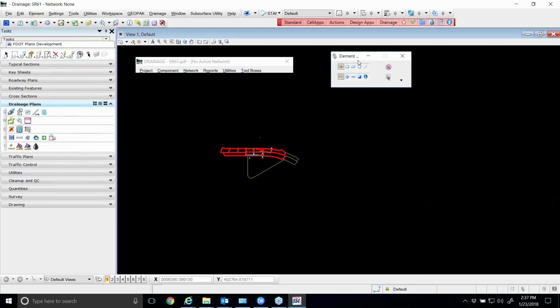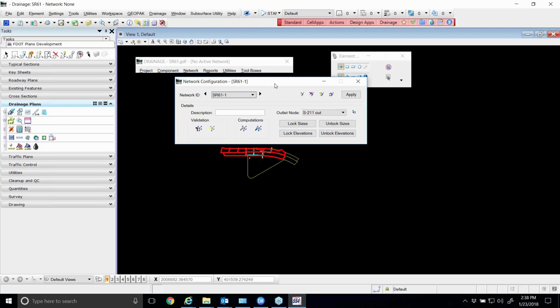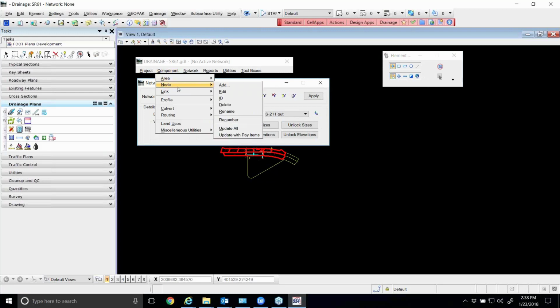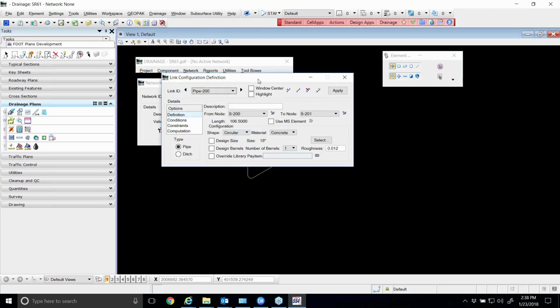All right, so we built our network. We can highlight the network. Sorry, back to this network dialog here. And then the other two buttons, they're described here on the top of 6-3. And they're under computations. And there's a big difference between the two. The first one is design. That does the hydraulic design of the network, and that is going to size, resize pipes, potentially put in additional barrels, all depending on